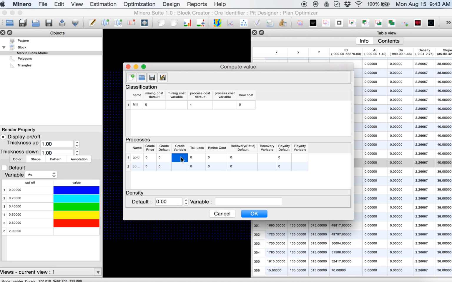Here we're going to input grade variable, in this case AU for gold and CU for copper. Also grade price for gold is 11.8 and for copper is 12.8.